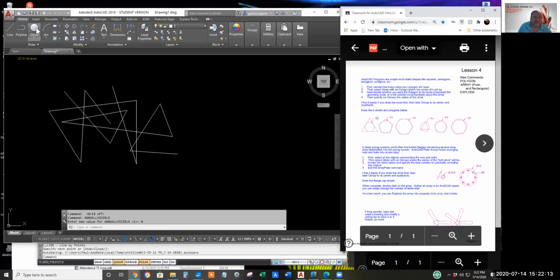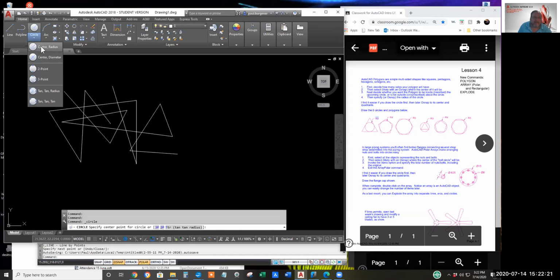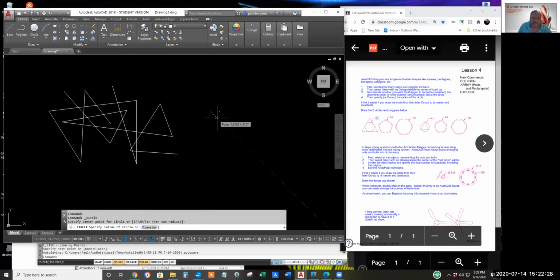So we'll start with a circle. Click on the circle icon for circle radius. If it's not already on the tablet, come down and select circle radius. I lost sense of how much real estate I'm looking for, so I might zoom in. Okay, there's my 3-unit radius circle.